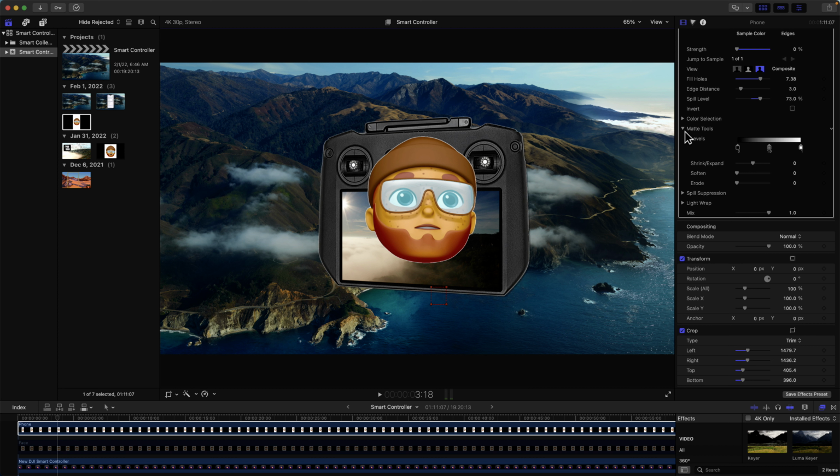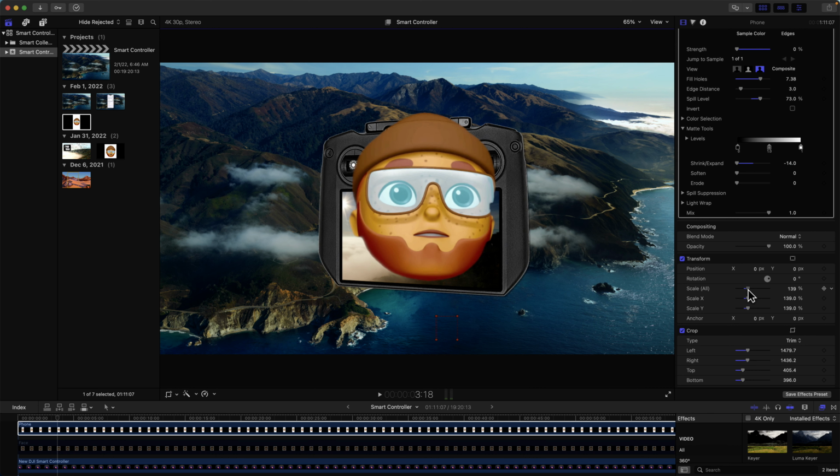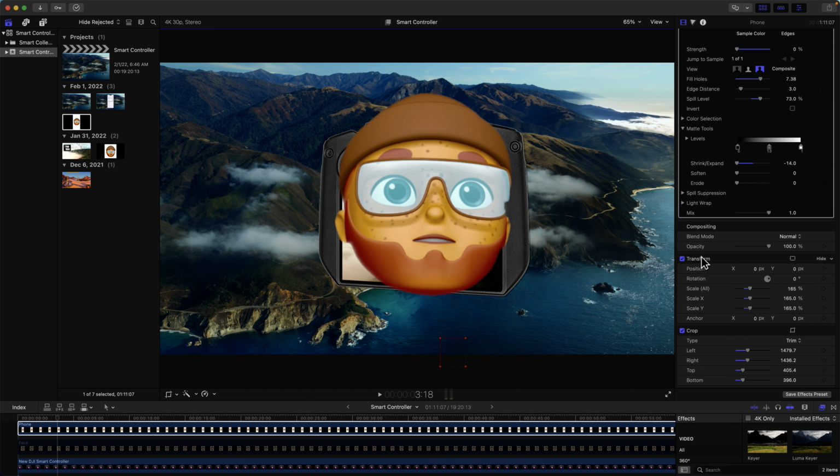Let's go back to matte tools. And okay, that looks good. Let's scale it up. Okay, we got it scaled up. Let's go back down here to